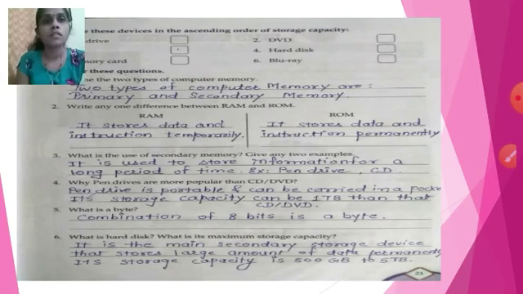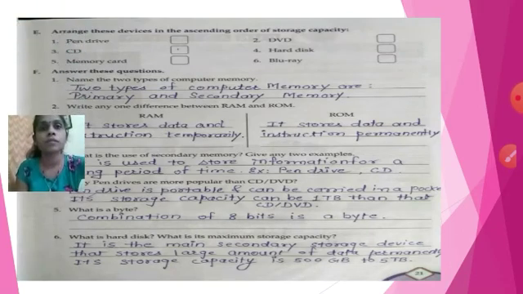Now see this question. Question E. For question E, you have to read the textbook and then find out the answer. You have to write down the ascending order of this line. This question is for you. Everything I will not give, some work you have to do yourself. So you have to do this question, and send me your answers with your name on our group. Okay, good.